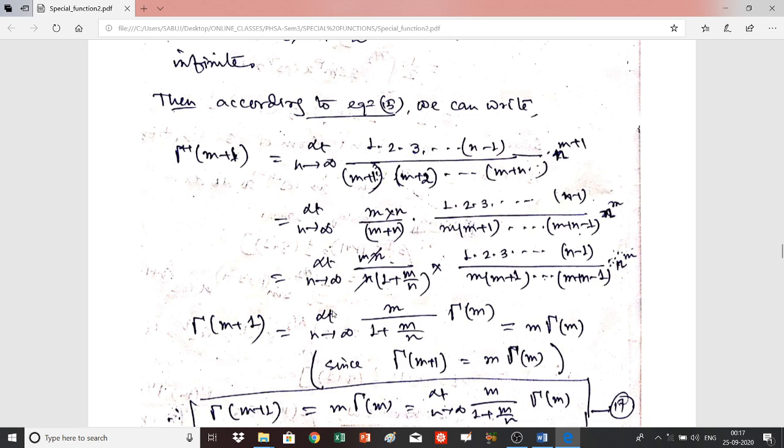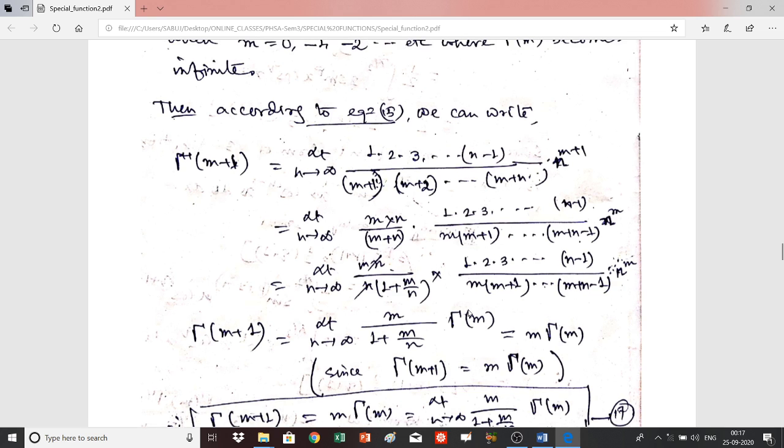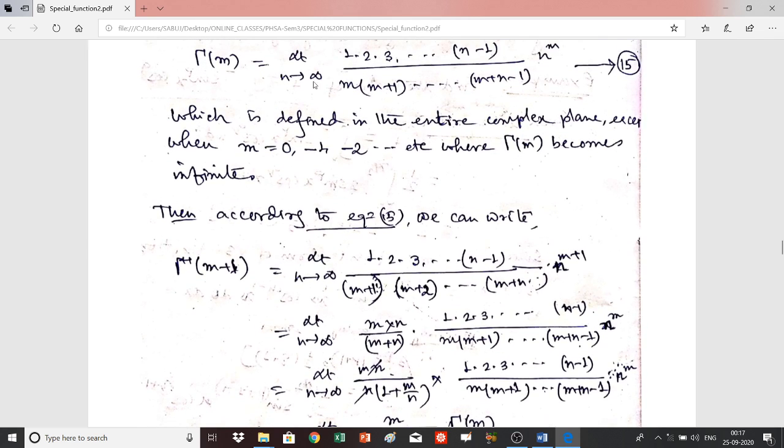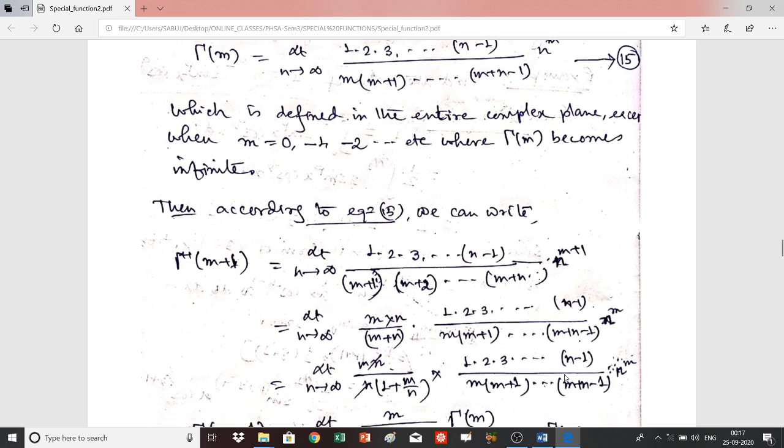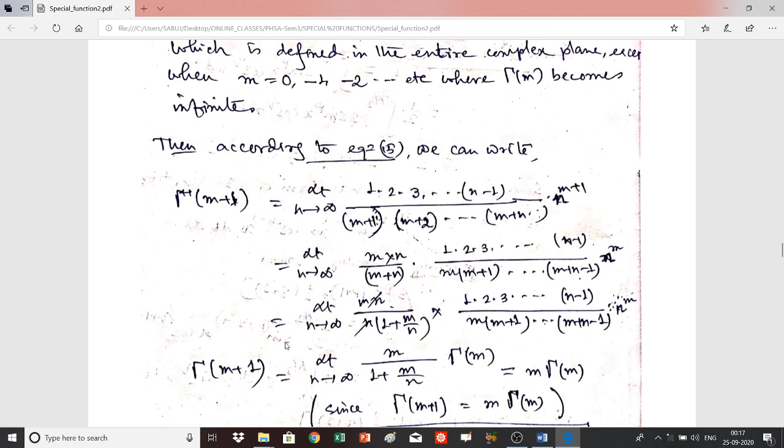So gamma n plus 1 is equal to limit n tends to infinity m by 1 plus n by n, then you know that this is nothing but your gamma function, because from this relation, just employ this relation from equation number 15. The second part of this expression is nothing but gamma m. So finally you get gamma m plus 1 is equal to limit n tends to infinity m by 1 plus n by n gamma m, and that is equal to